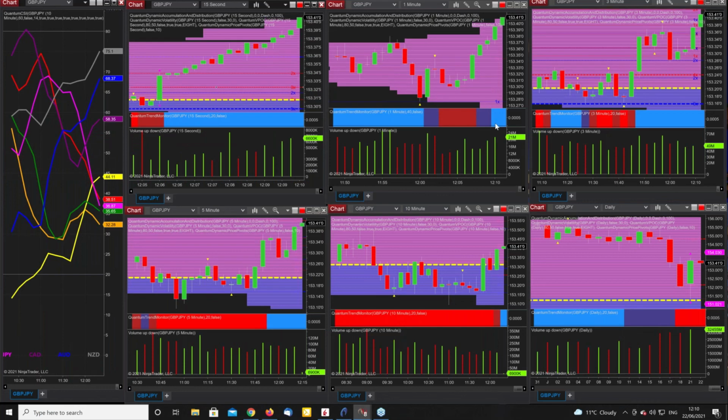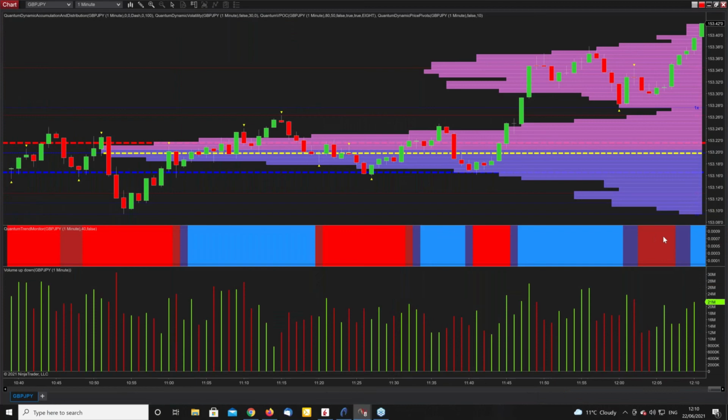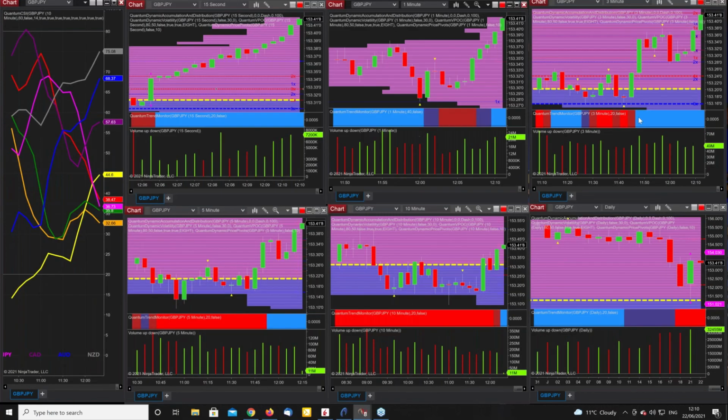2-bar reversal. Trend monitor. It started to change here, but it never got through on the 1 minute. And it's gone back into the bullish again. So, it's the power of the trend monitor. It goes into these phases, but then comes out the other side. It takes a much more considered view of price action. This has now transitioned. Remember, before it hadn't transitioned at all.